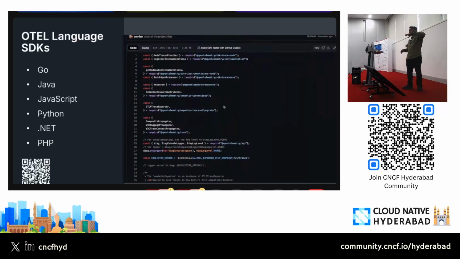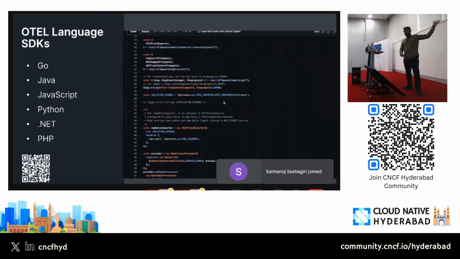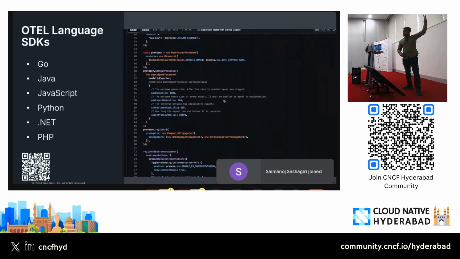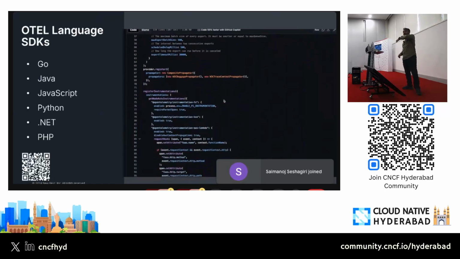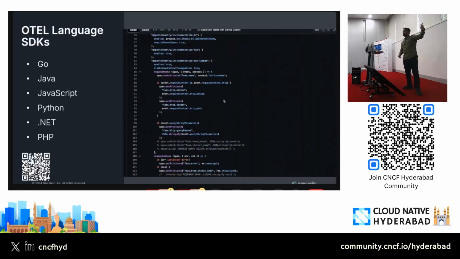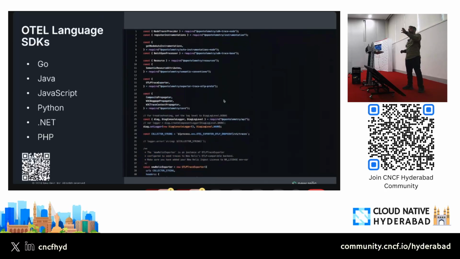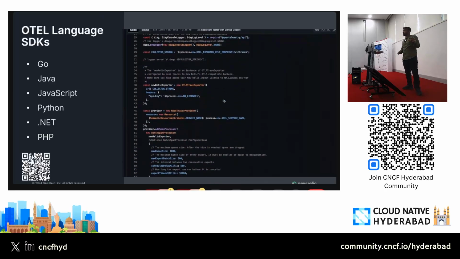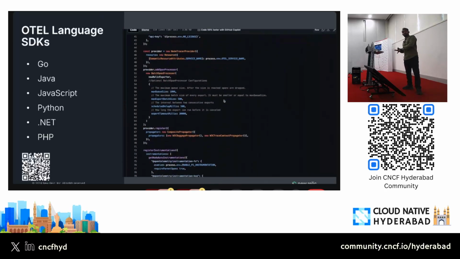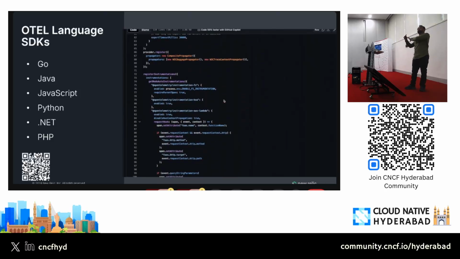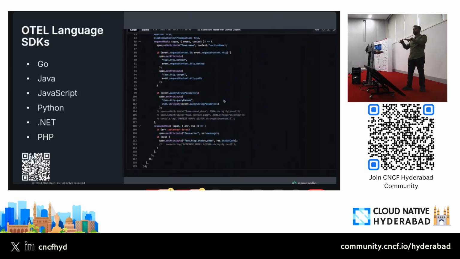And all of these SDKs, as I mentioned, are available with Go, Java, JavaScript, Python, .NET, PHP. These are production ready on all three APIs. Elixir, Rust, Ruby, there are some APIs which are still in development mode, but most of the APIs for traces are production ready today. Now, once you have your SDKs, you can, traditionally, if you're instrumenting an application with SDKs